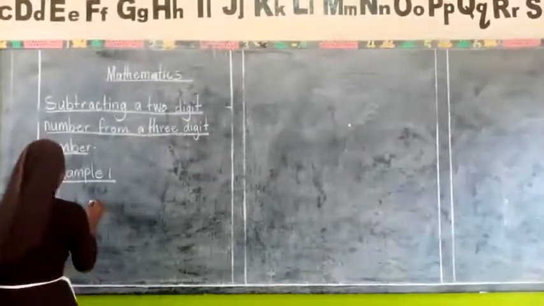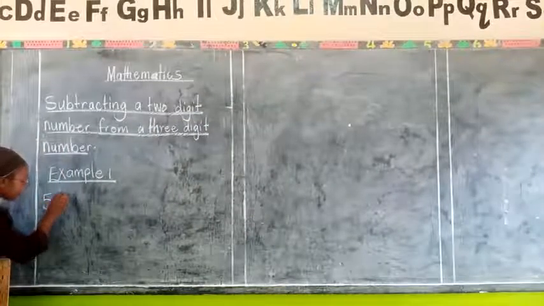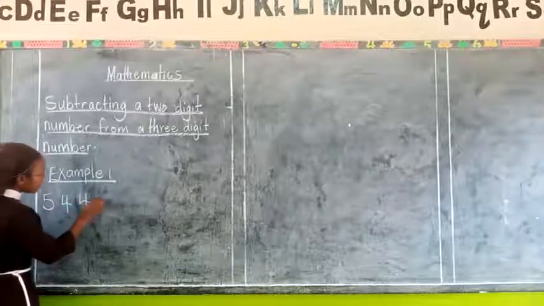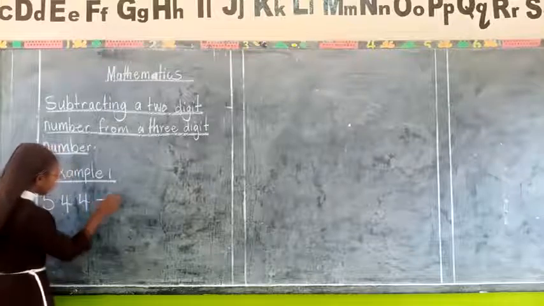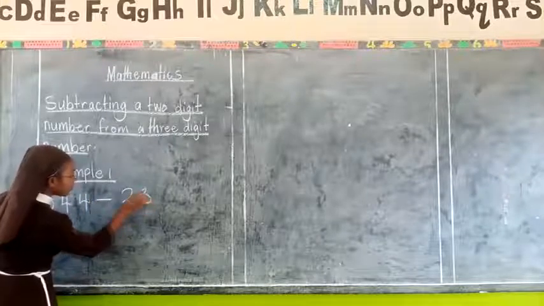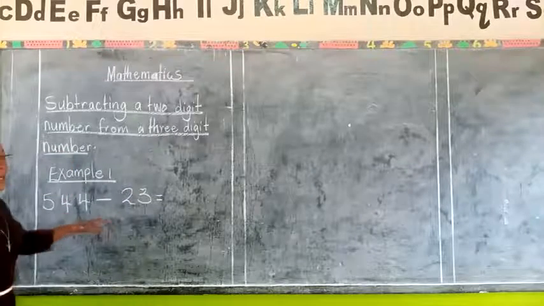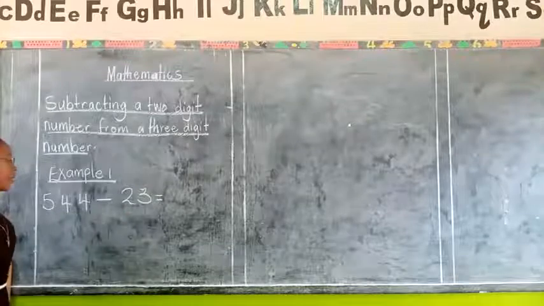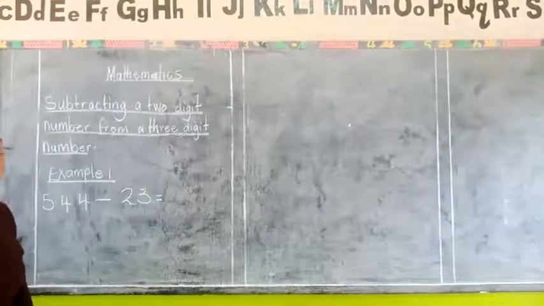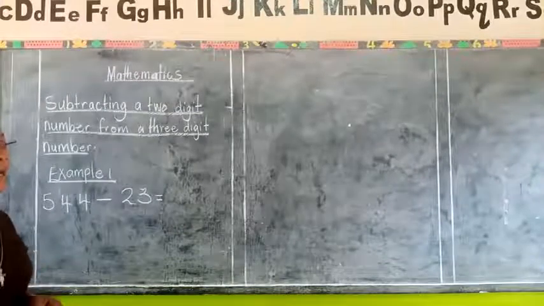Let's have our three-digit number as 544 take away 23. Once we have been given such a number, we begin by arranging the numbers,